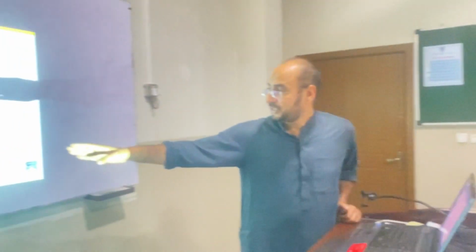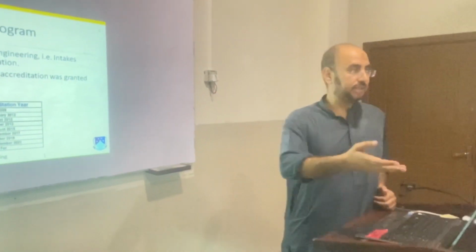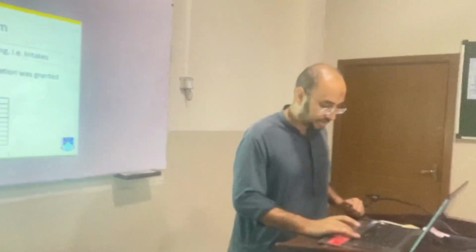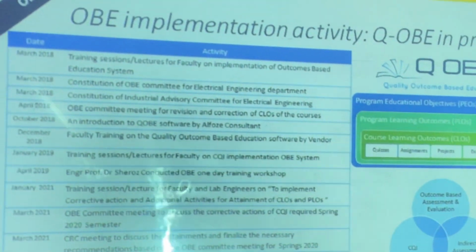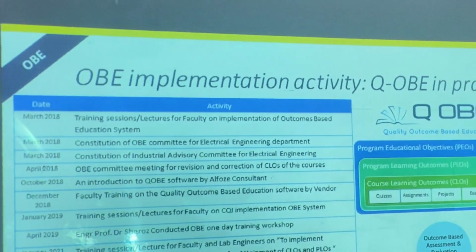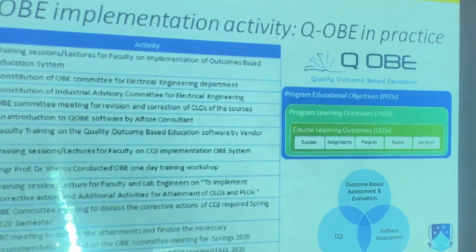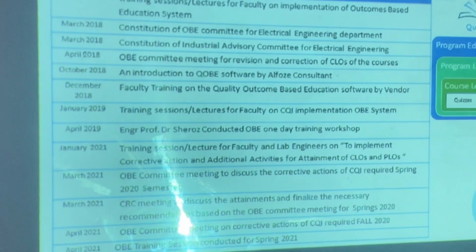So the students of the 2016 intake batch and the 2017 batch are accredited on level 2, OBE based, outcome based education, or you can say industry oriented. They are industry-oriented engineers in our sense. And for the 2018 batch, we applied this August. They will be visiting us, and we have applied for that. This is actually the OBE implementation activity. We will need some input from you to upgrade this graph. We have updated it up till now, but there is something missing.